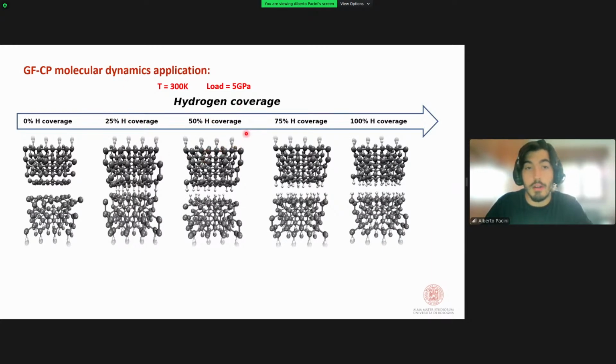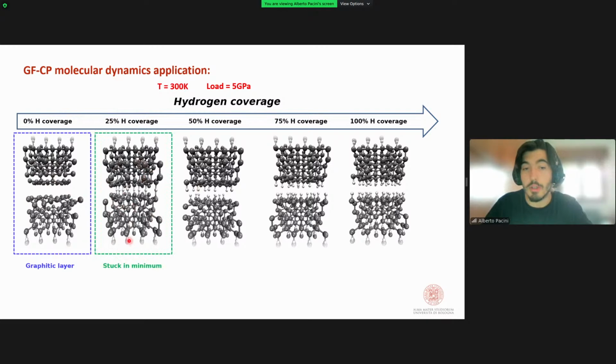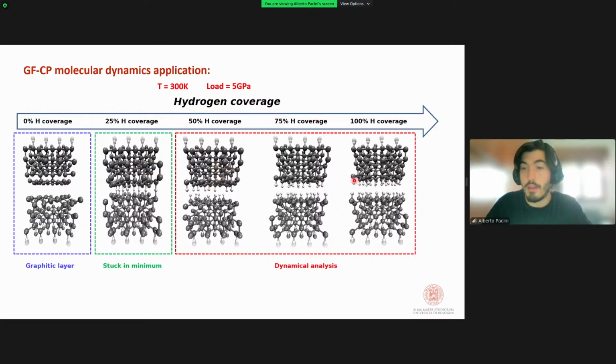We apply our setup, our GFCP molecular dynamics, to study diamond interfaces with different degrees of passivation under tribological conditions. And what we observe is that at zero coverage, we have a graphitic layer formed at the interface. With 25% coverage, the system remains stuck, so it doesn't slide for the applied lateral shear. Whereas for the 50%, 75%, and full coverage, we have sliding, and we focused on the